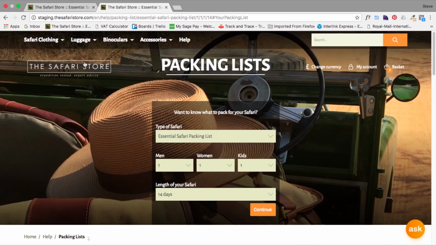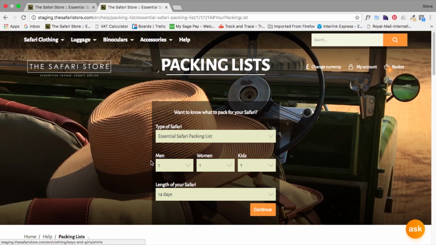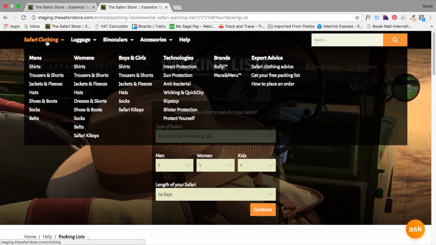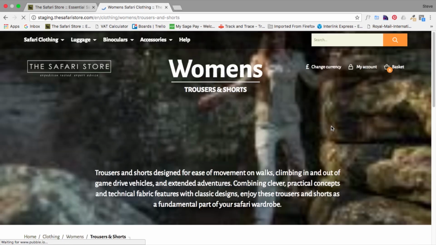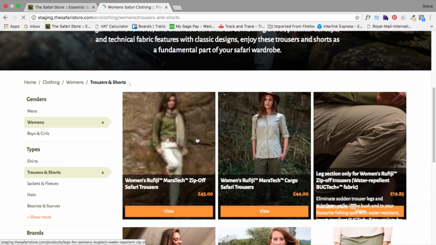Step 2 is selecting the items. You may either use the links as suggested here, or simply use our navigation bar again and select the items which you require, by linking into each page, finding the item you are after,